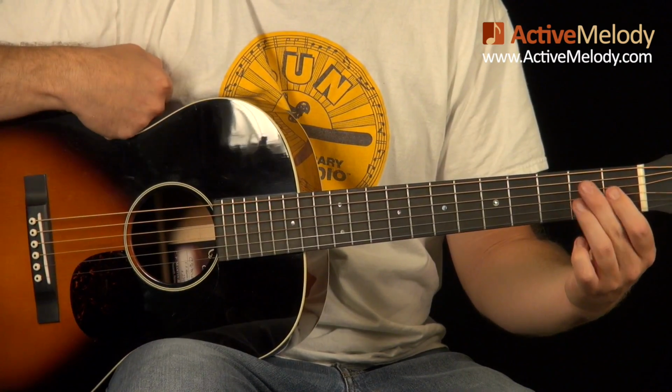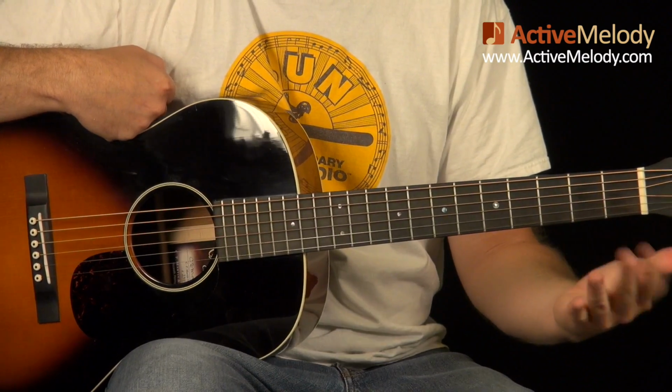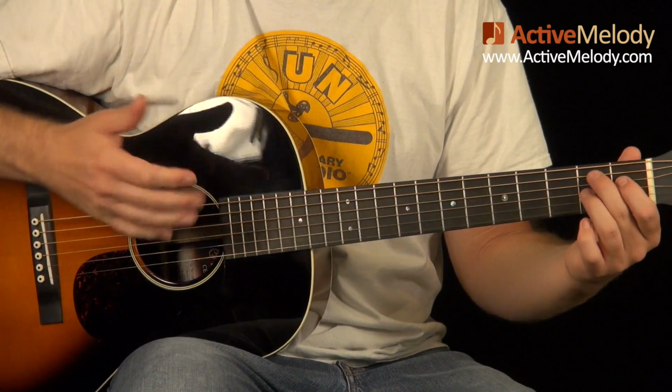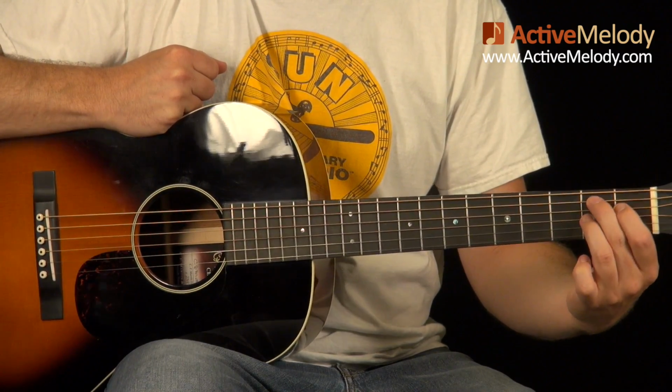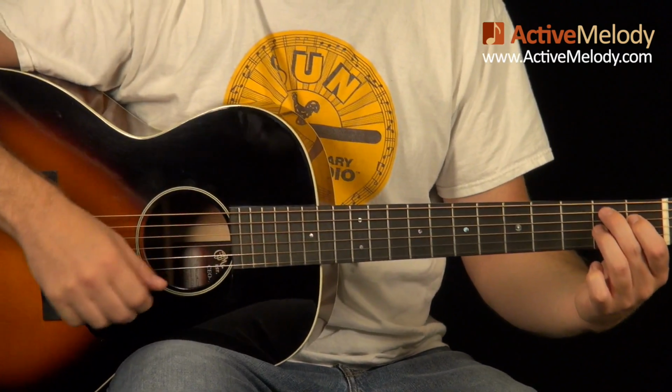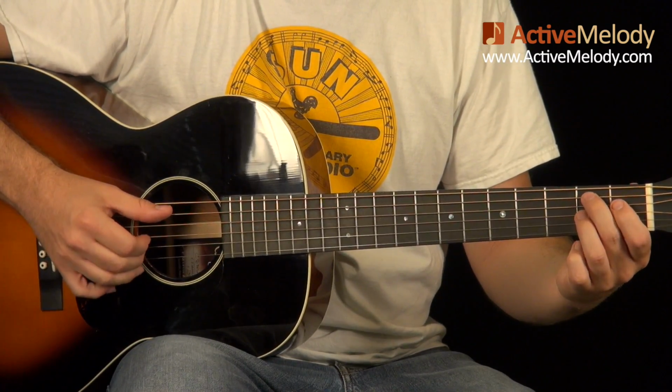So the chord I'm making is just a B7 chord. You'll see that the left hand is like nothing when it comes to fingerstyle. It's all with the right hand. But that's just a B7 chord. I'm going to assume you know how to make that. You can see it there on the screen, or you can look at it in the tab. But we're going to do...